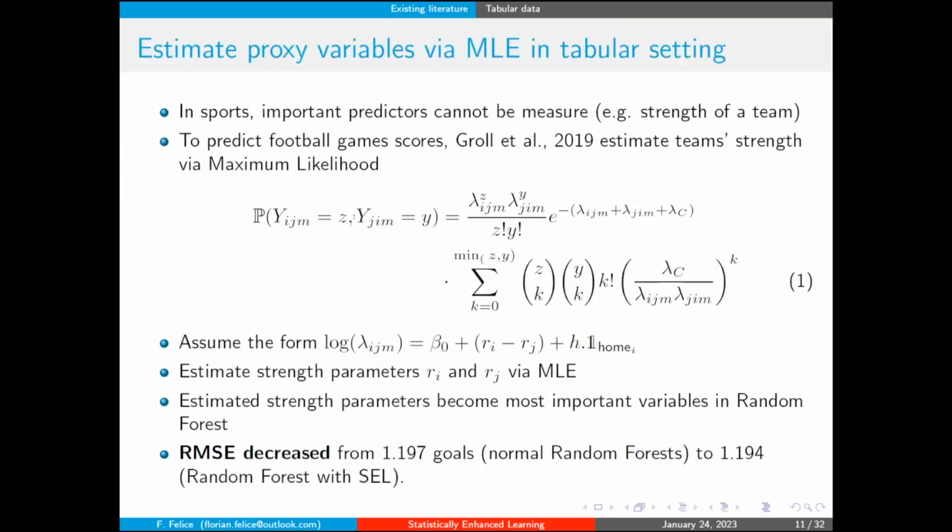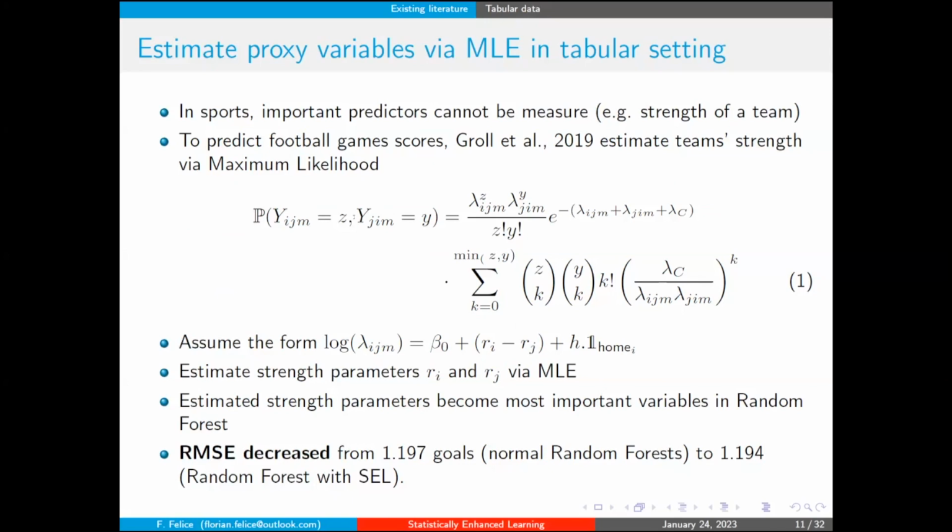And finally, to a more tabular setting that we may all know, I'm taking the example here of one work that was conducted a few years back by Christophe and Andreas Groll, where they were trying to predict football game scores, so how many goals would be scored within a game by different teams for the World Cup. So what they did is they first tried to extract information that they wanted to measure, which would be considered important, namely the strength of a team, which we can all agree is an important factor for a game to know how balanced it will be.